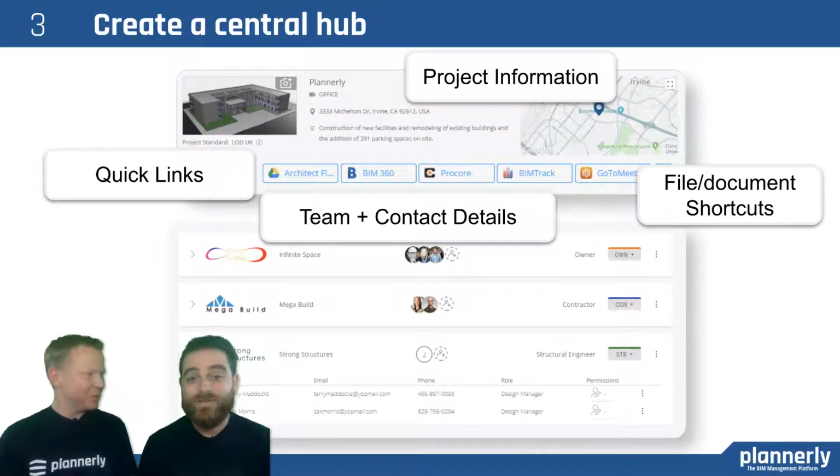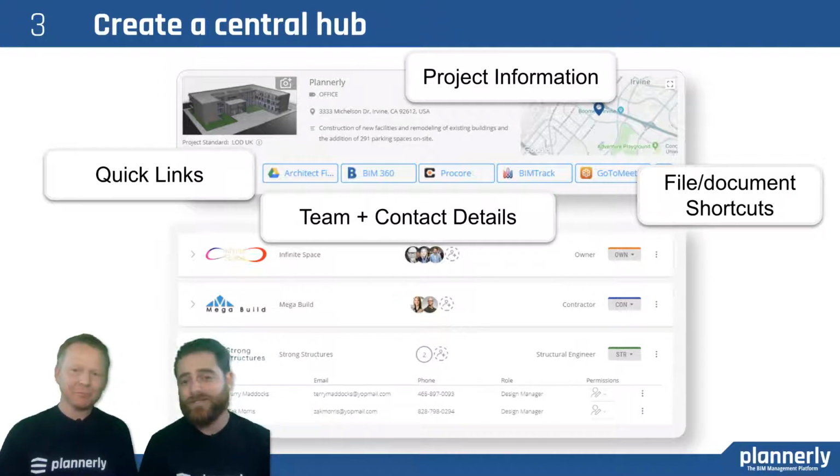Well, a few tips. Yeah, create a central hub. So as we mentioned earlier, project information, contact details, and all. How do you get access to those files that everyone needs on that specific project? So rather than storing sets of links and everything in lots of different places, keep it together, make it easy for teams to find other contact details, for example, and let them keep those contact details up to date rather than you having to manage other people's contact details.